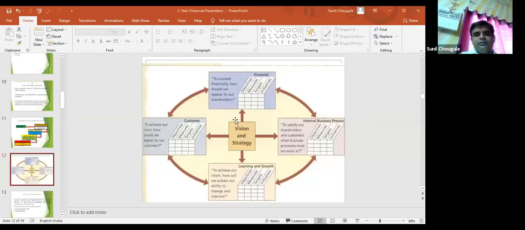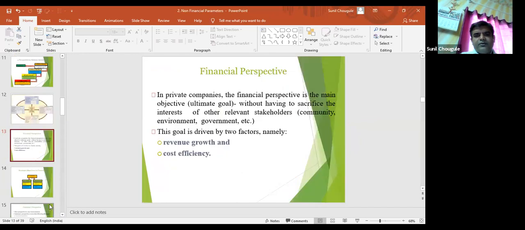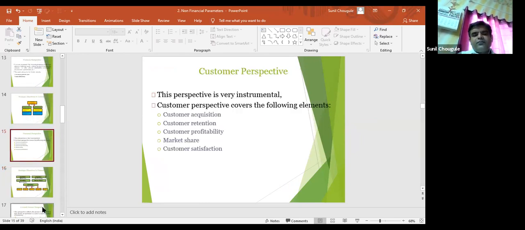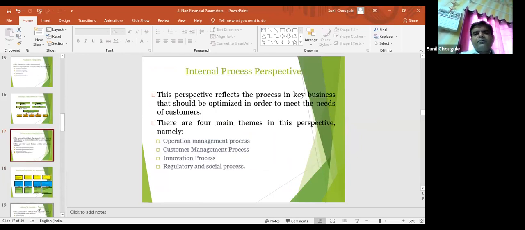Vision and strategy is also shown here. So for those perspectives, we have seen financial, then we have seen strategy objectives in the financial perspective, long-term shareholders value. Because financial is already discussed enough in the last 2-3 lectures, I have moved ahead, and the customer perspective we have seen also. Now, when it comes to the internal process perspective,